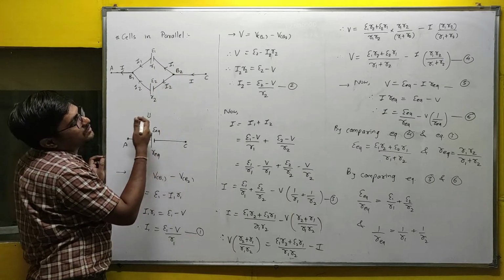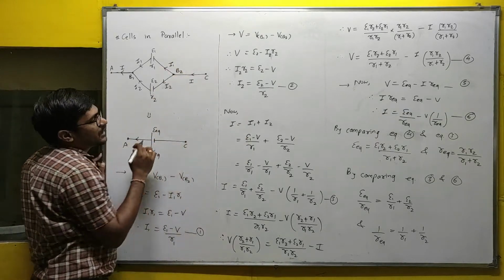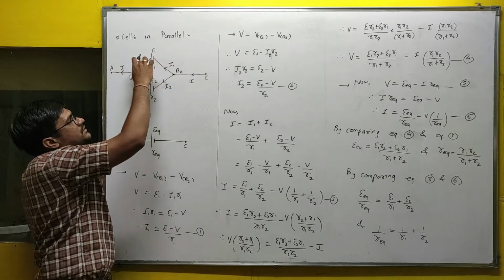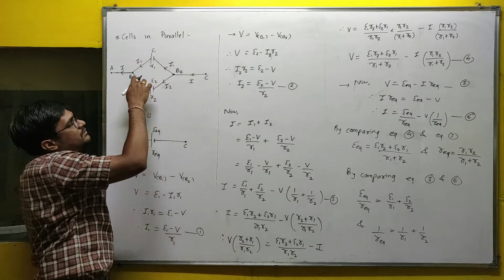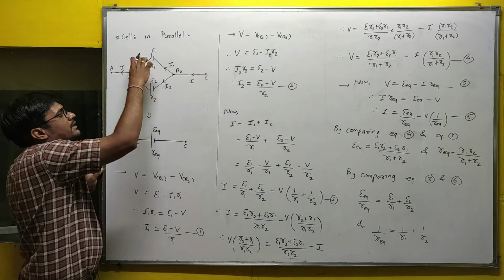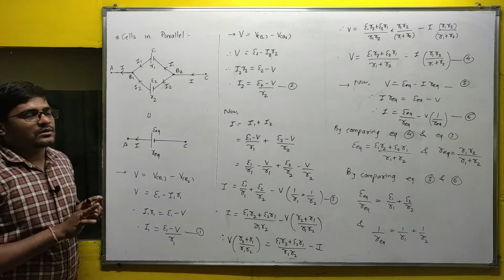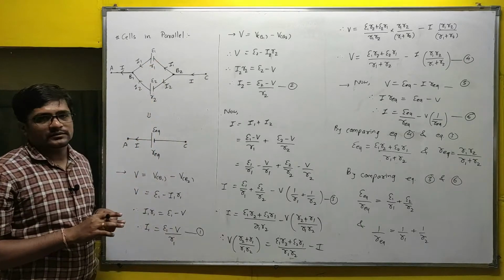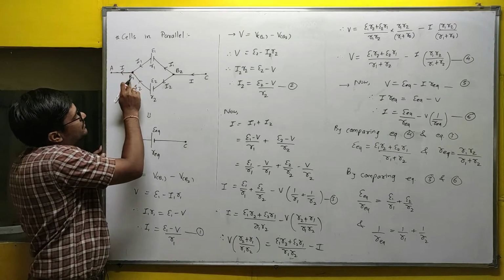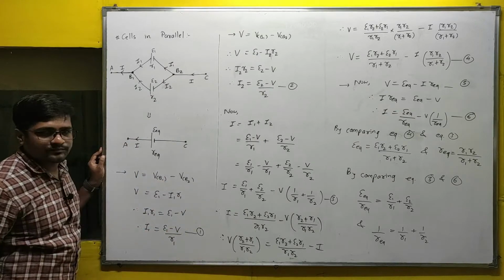So I is equal to what? I is the summation of I1 and I2, because I1 and I2 are divided from this I. Now I1 current flows through the first cell and I2 current flows through the second cell. Again they combine here and become I, because I1 plus I2 is I. So in a parallel combination, the current in both cells is different. Now consider the potential difference between B1 and B2 as V.